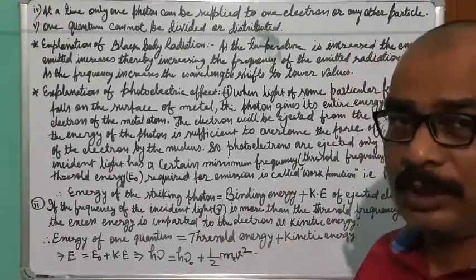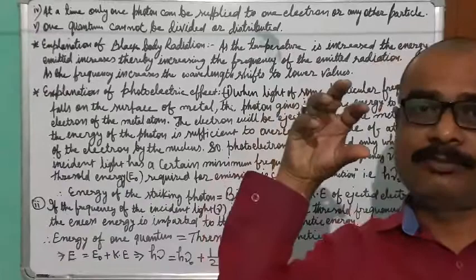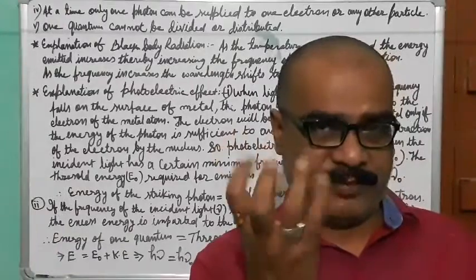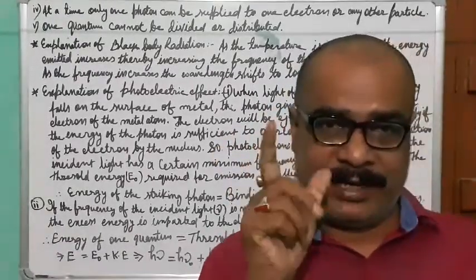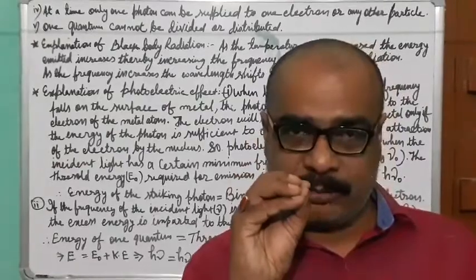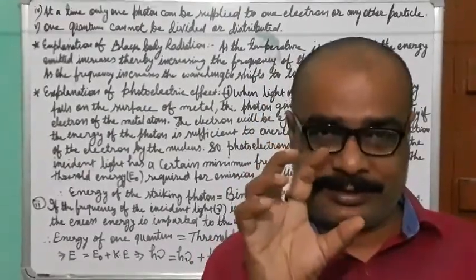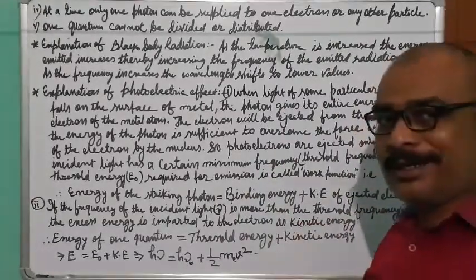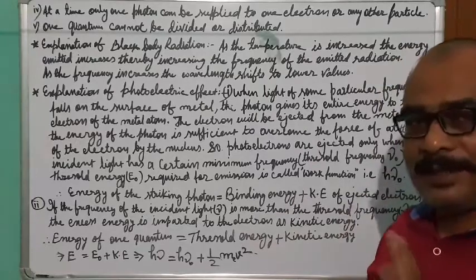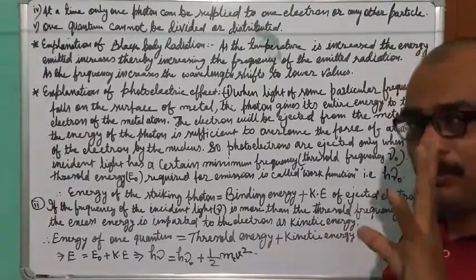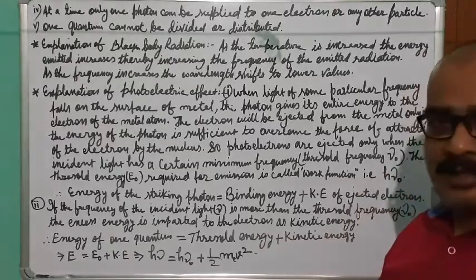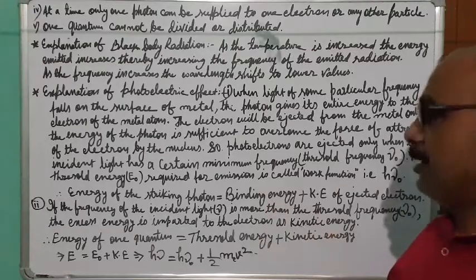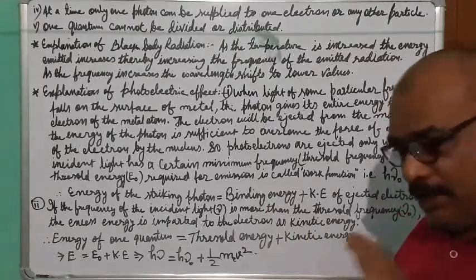We know that the photon or the quantum, because the energy comes to the metal surface in a packet. Quanta or photon is nothing but a packet of energy. That means it is the smallest packet of energy, and this is fixed for different metals. So when this photon or quanta falls over the metal surface, the entire energy of one photon or one quanta is supplied to that metal surface. Then the electron gets ejected.